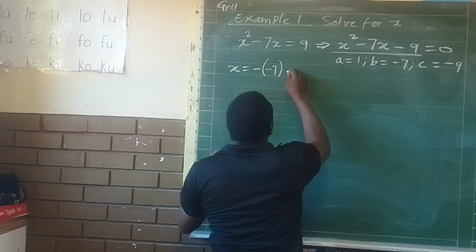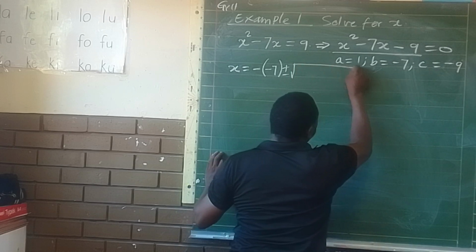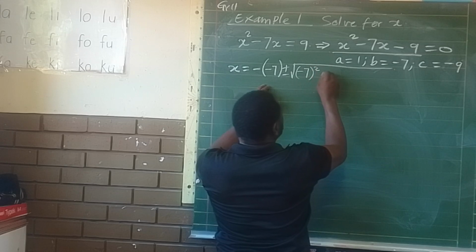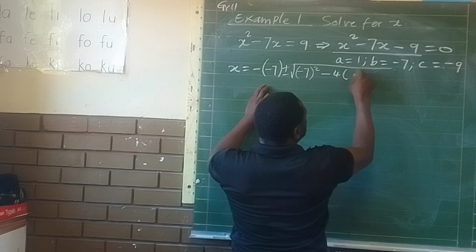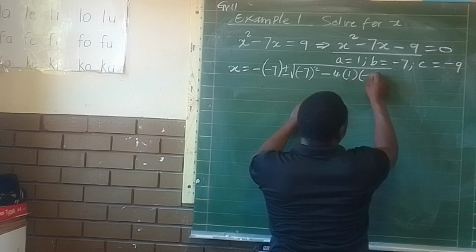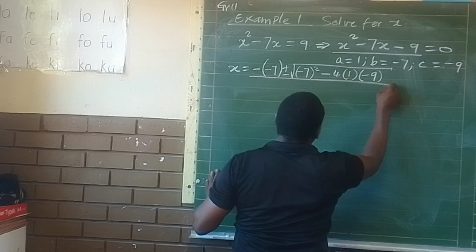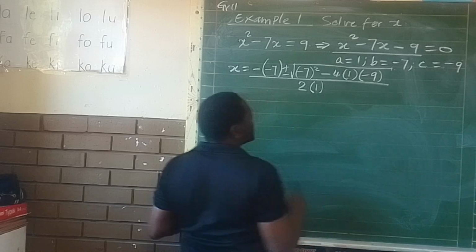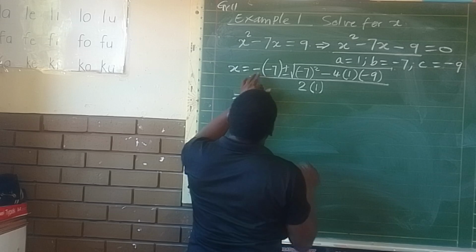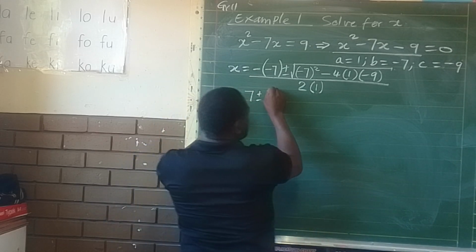It's minus b plus or minus the square root of b squared. Your b squared is minus 7 squared, minus 4, your a is 1, c is minus 9. All over 2 times 1, all over 2a. This is your 2a. This is equal to negative times negative is positive 7 plus or minus the square root of